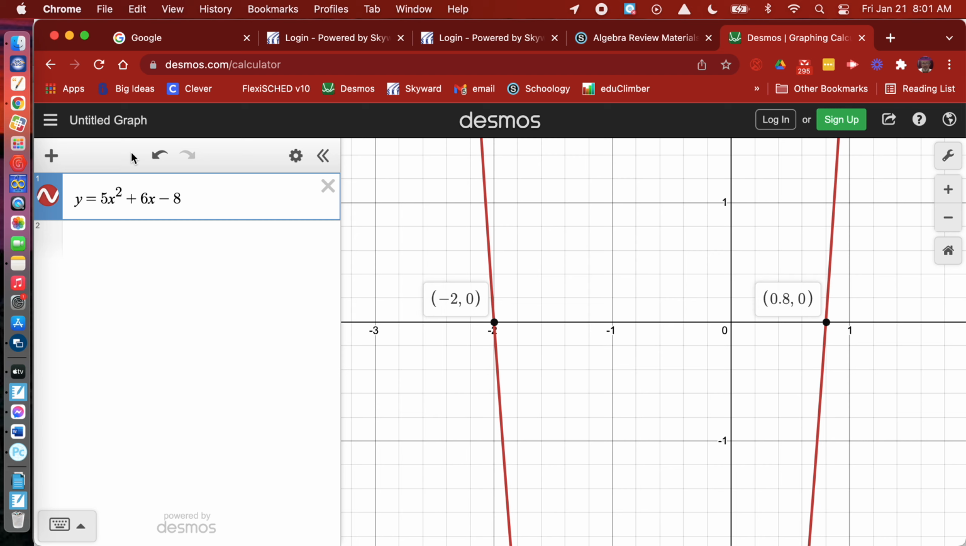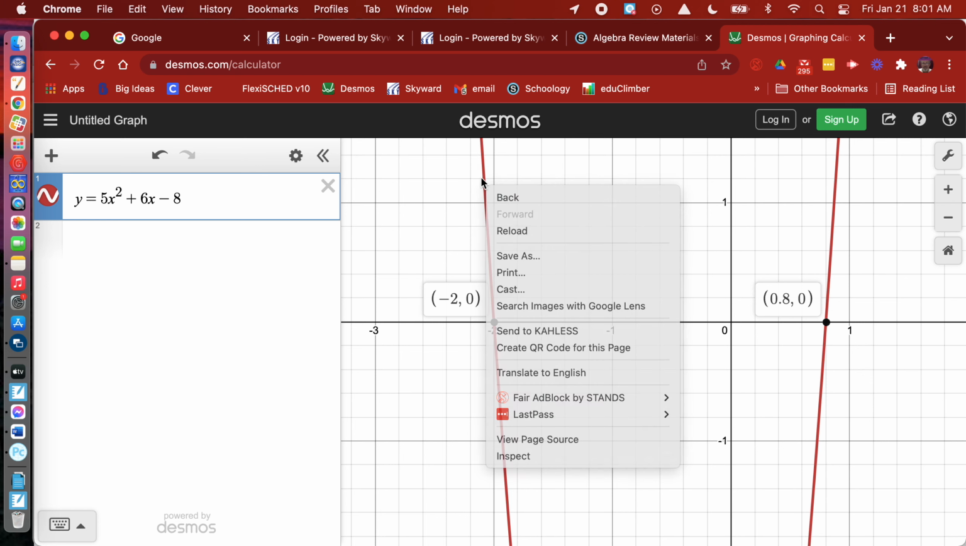Why do we factor? What's one reason we factor to find solutions? What do the solutions do? They tell me where that graph crosses the y-axis. Because remember, the graph is the pictorial representation of every solution to that function. Every point on this graph, if I pick a point right here,